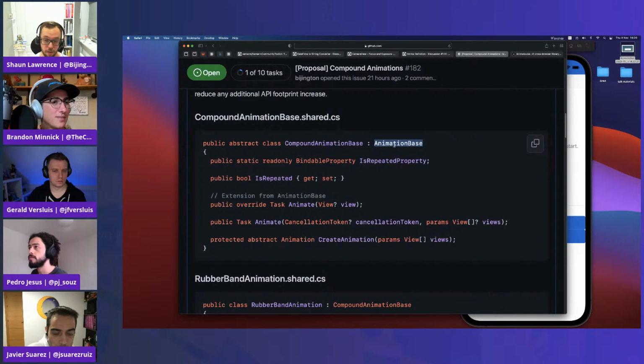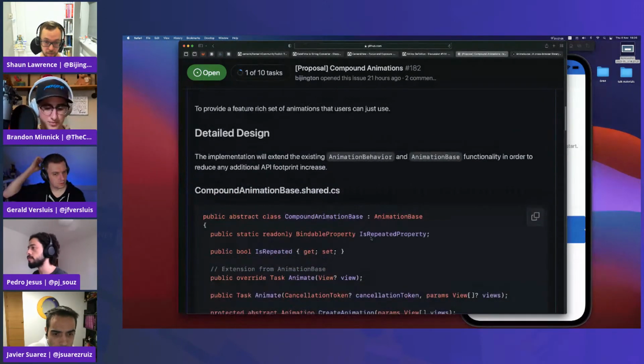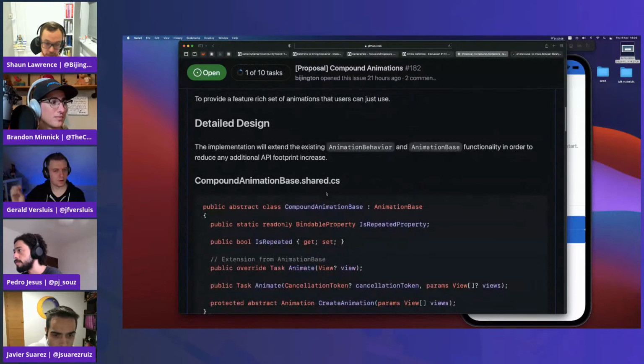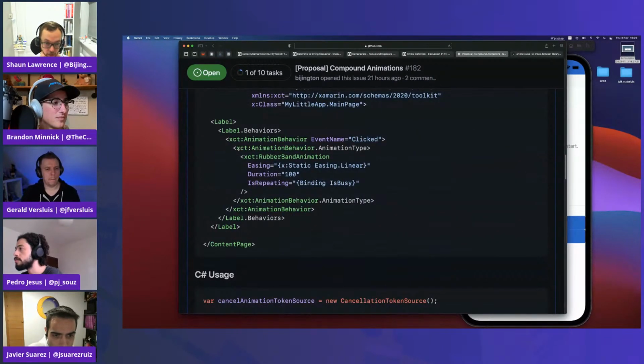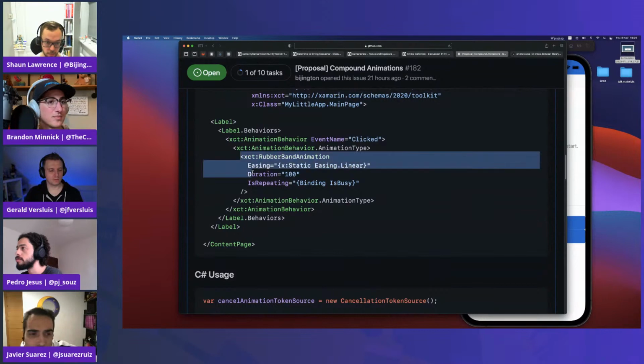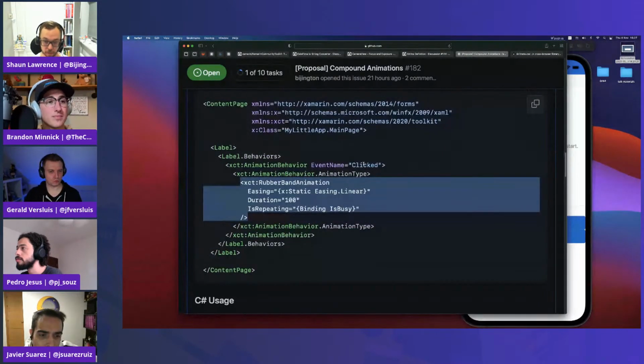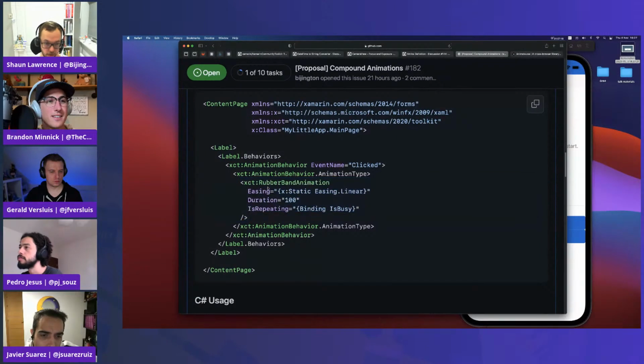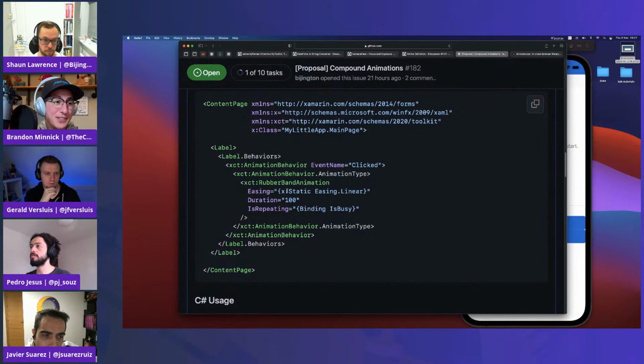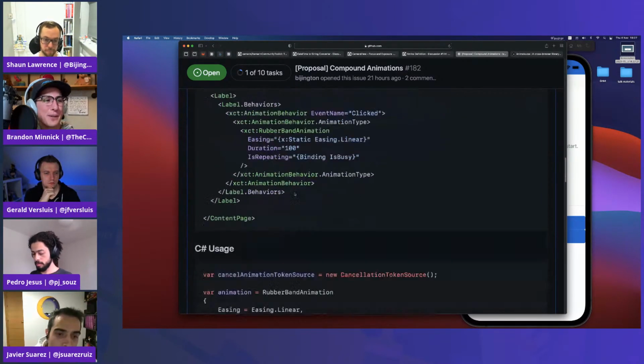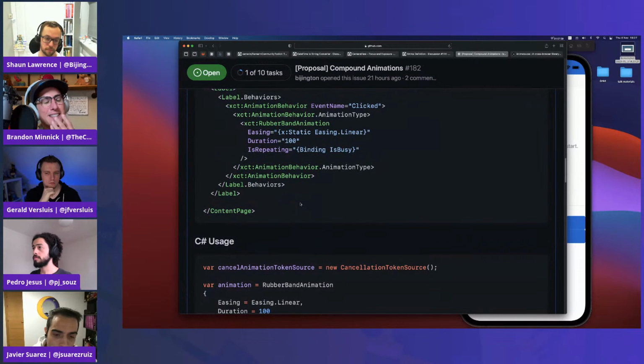The other discussion which I would like to bring up, and I haven't actually put it in here yet, is the concept of moving these to a different namespace, so they wouldn't live under behaviors. I think this was your suggestion, Brandon. Yeah, when I was reviewing the PR for the Xamarin Community Toolkit, like Gerald was saying earlier, there are some things that would be breaking changes if we did it there, but since we're coming to Maui, we can reassess and ask, does that really make sense?